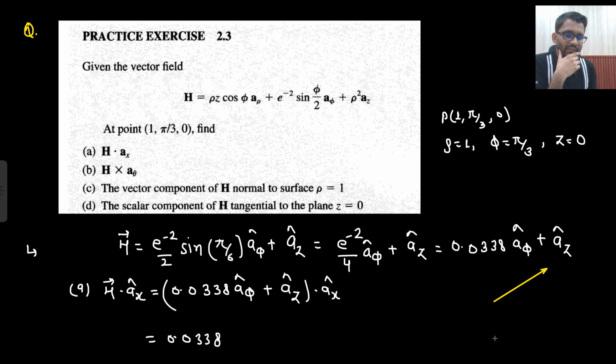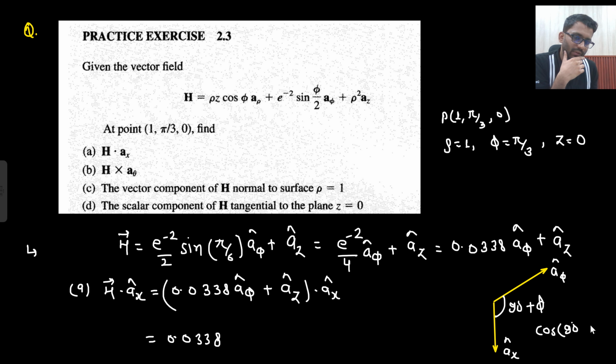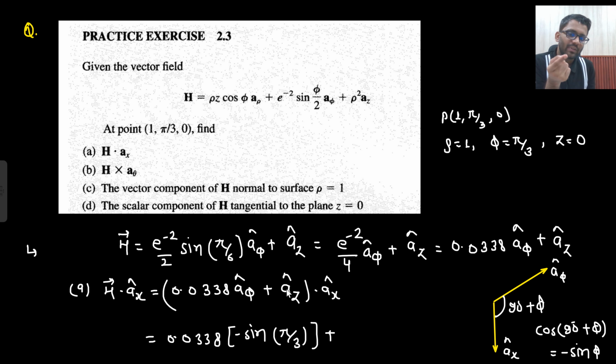This was your phi, this was your x. I hope you should remember it. Ax, a phi. And what was the angle between them? 90 plus theta. 90 plus phi actually. 90 plus phi. So what would be the answer? Cos 90 plus phi. So if I do cos 90 plus phi, so answer would be minus sin phi. So this would come out to be minus sin phi, where phi is pi by 6. Sorry, pi by 3. Sin phi is pi by 3. Sorry. And what will be the value of az dot ax? Az dot ax 0. So sin pi by 6, sin pi by 3, sin pi by 3 into